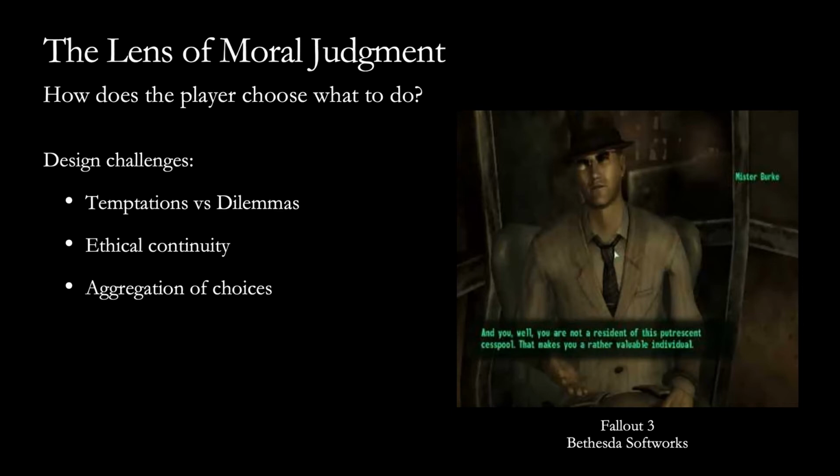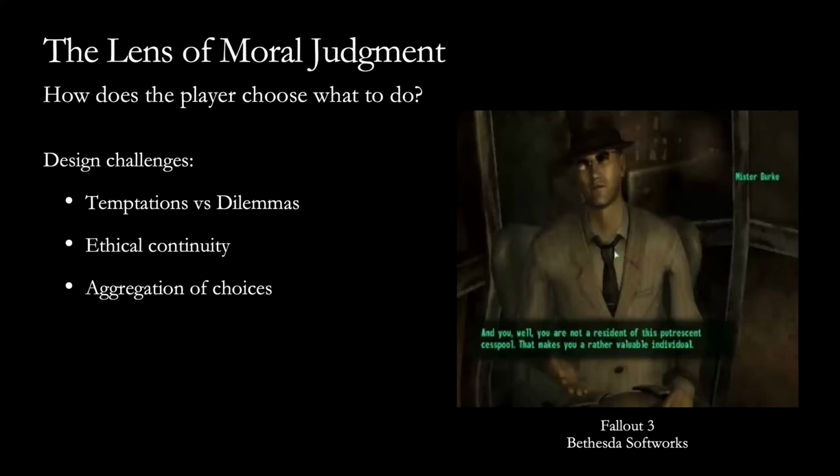So for example, the picture to the left is from Fallout 3, and a very famous example of a temptation from Fallout 3 is the Megaton quest that you get when you first start the game. The basic idea is that you're this sole survivor in a wasteland, if you've never played Fallout before, and you go to this town called Megaton, which is built around a deactivated atom bomb. While you're exploring town, you meet this guy in the picture here, Mr. Burke, who is basically this insidious, evil dude. And he says to you, I'll give you a bunch of money and rewards if you activate the atom bomb and destroy this town for reasons that are personal to me.